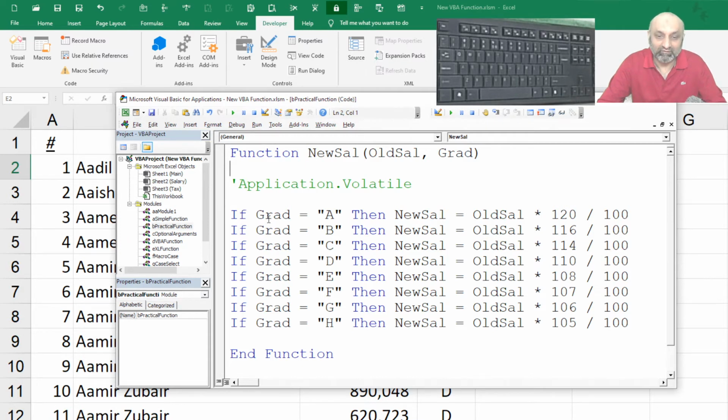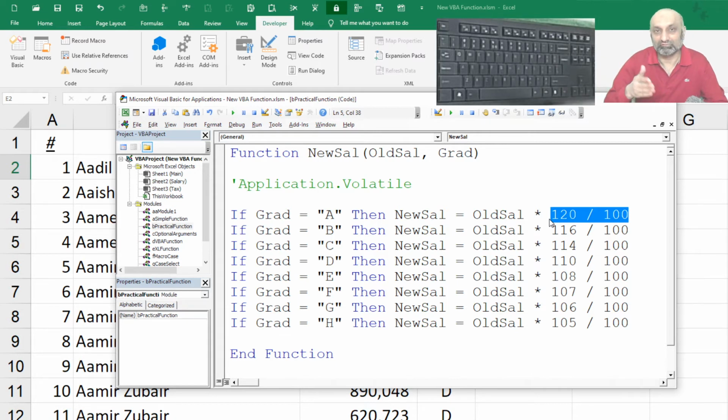If grade is equal to A, then new sal, which is our function, so the function is coming on the left side of the equal sign, there is a value being assigned to this function. New salary is equal to old sal multiplied by 120 divided by 100. So instead of saying 120%, I have to do it this way, because in VBA the percent sign is not accepted.